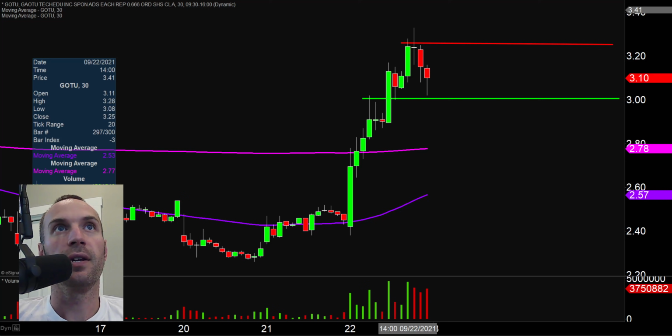And in fact, it seems like the number of 2. That's what everything, like MRIN, and then what was the other one? AEMD. Those both had a couple different tests. And right here, that level was also tested twice. So $3 is going to be that main area of support, and then up there at $3.25, main area of